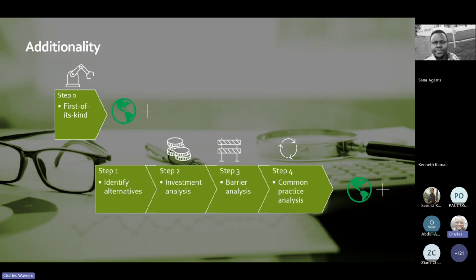The other step is step 2, which is investment analysis. Now, this is really very, very interesting because this is where you have to invest in having somebody who can help you in finance. You must do a proper project budget, business model, and then a financial model, and ask yourself a simple question: in the absence of carbon finance, in the absence of revenue coming from the sale of carbon credits, will my project be able to be implemented? If the answer is your project requires carbon finance for you to proceed,